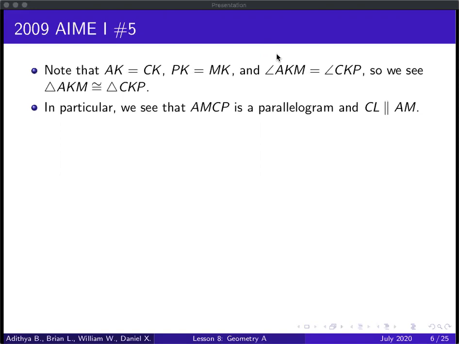In particular, we see that CL is an angle bisector. So by the angle bisector theorem, we have the ratio of AL to LB, because what the angle bisector theorem tells us is that AL to LB is equal to AC to CB. Both of those lengths are given, so that's 3 to 2. Now that we have this,